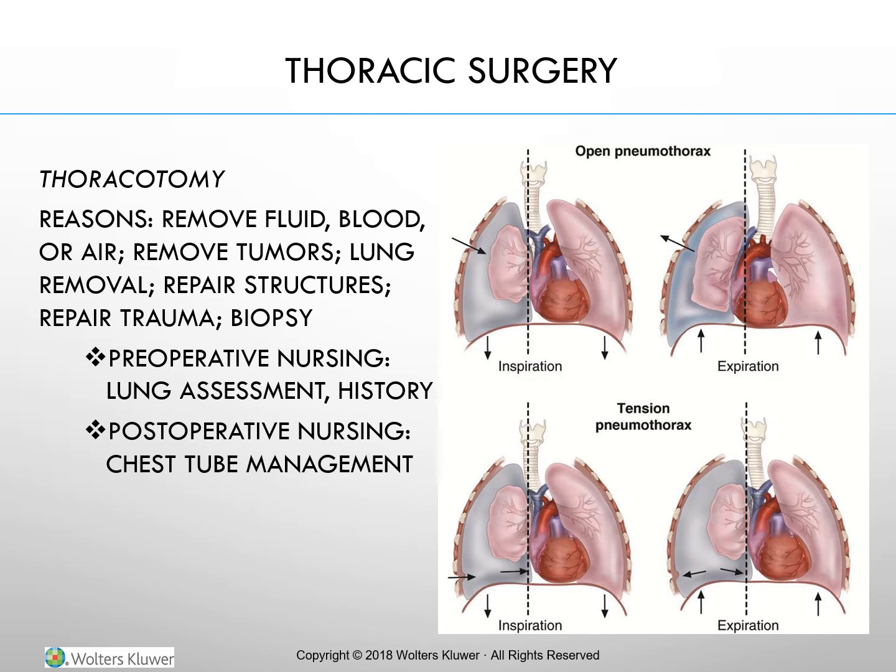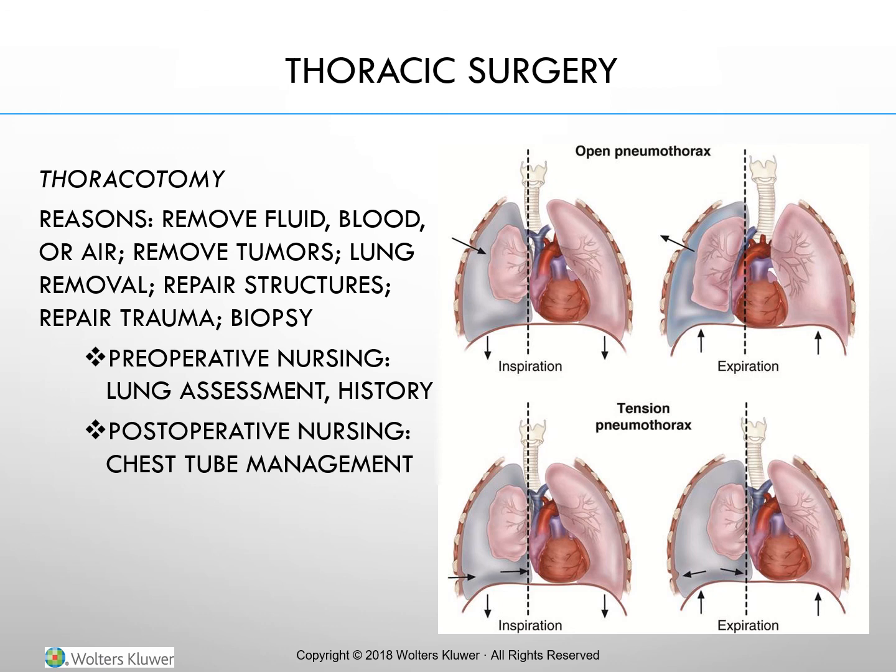A thoracotomy is a surgical opening in the chest wall. It may be done to remove fluid, blood, or air from the thorax, remove tumors of the lung, bronchus, or chest wall, remove all or a portion of a lung, repair or revise structures contained in the thorax, such as open heart surgery or repair of a thoracic aneurysm, repair trauma to the chest or chest wall, such as penetrating chest wounds or crushing chest injuries,